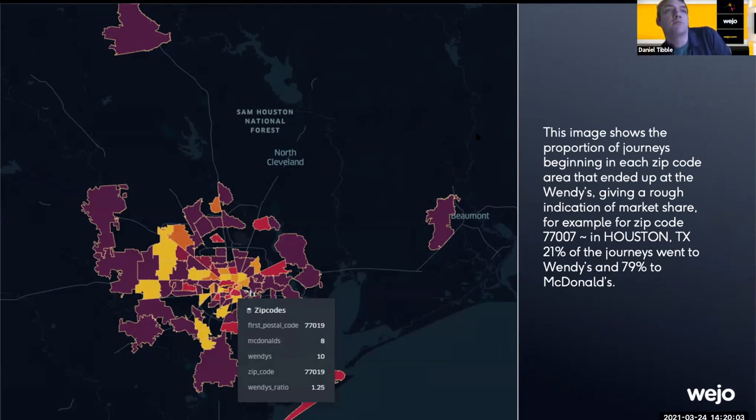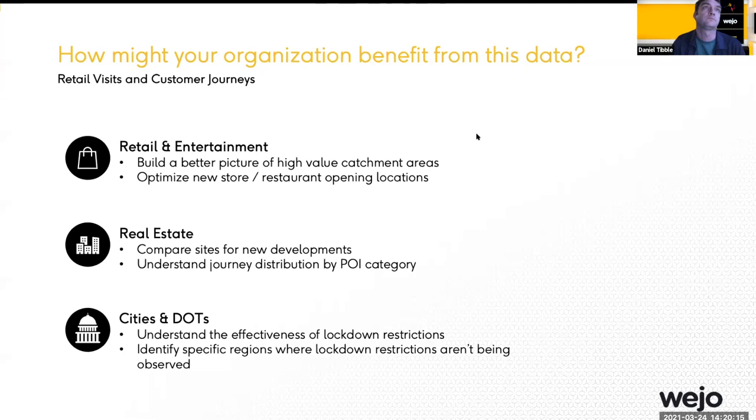But it does vary quite a bit by zip code. Some actually, Wendy's has got more market share than McDonald's. And this is, again, using connected vehicle data can very easily scale to do this sort of analysis. So, we've shown a couple of use cases there. We focused on the fast food restaurant, and you can obviously think about the applications in retail and entertainment, but